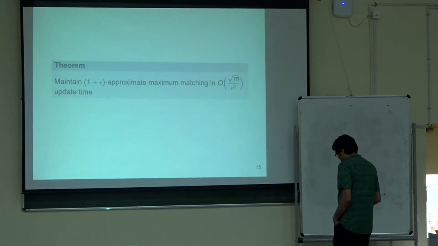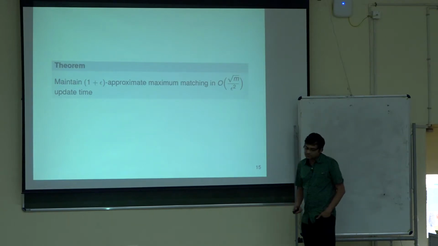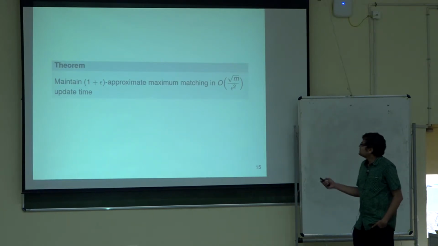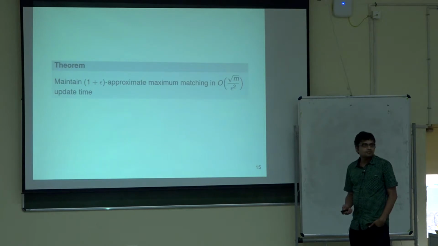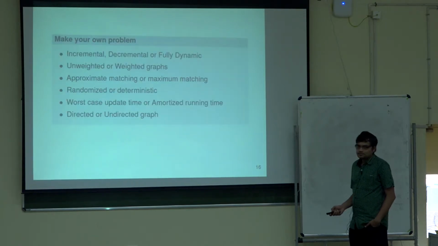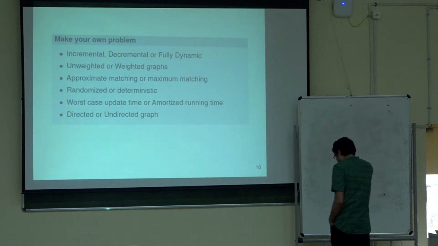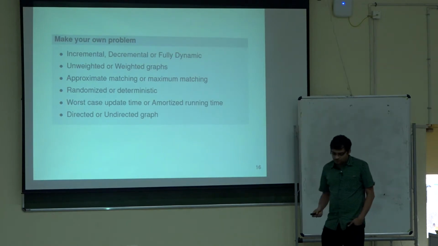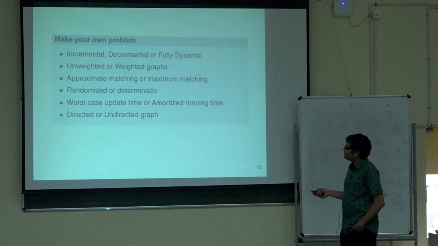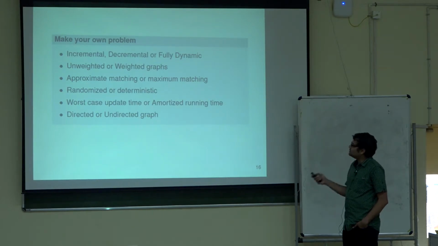Okay, so this gives us a theorem that you can maintain a 1 plus epsilon approximate maximum matching in order square root of m by epsilon square update time. Sir, is this incremental or fully dynamic? Okay. So if you look at any dynamic algorithm for any problem, so connectivity or single source shortest path, there